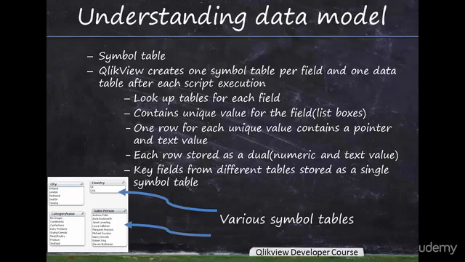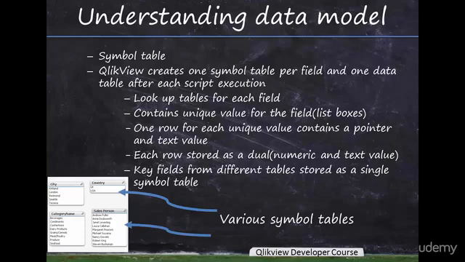This associative database is often referred to as the document data model. The data model is the result of how QlikView stores data after each script execution. So it is important for us to understand how the data model gets organized and how data is stored within QlikView's associative